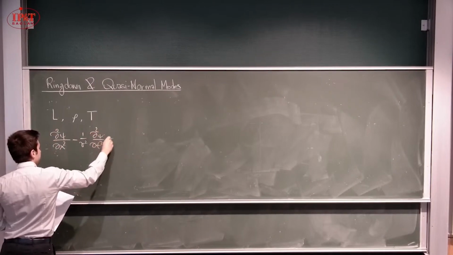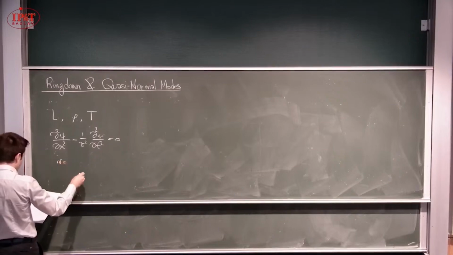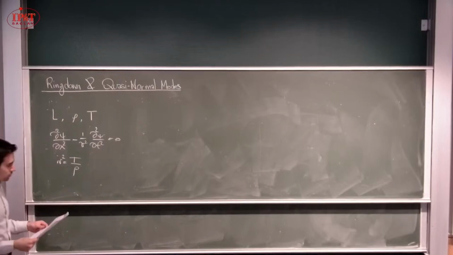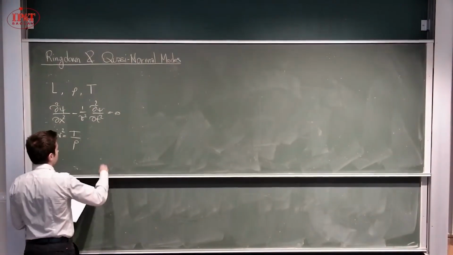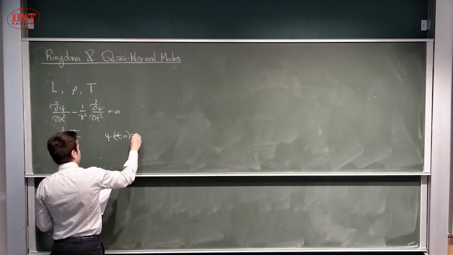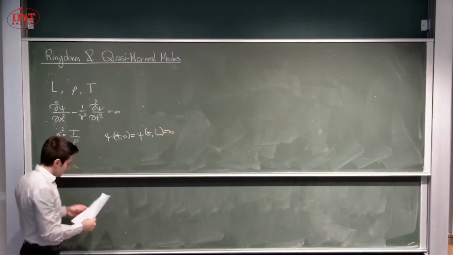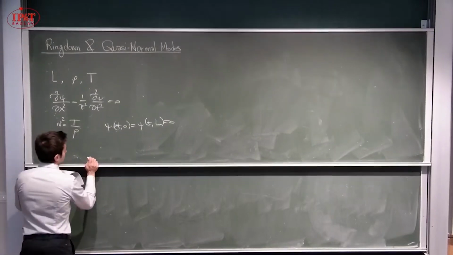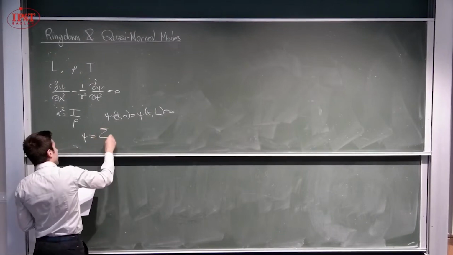And v is the velocity, where v squared is T over rho, and we impose, for instance, the Dirichlet boundary conditions in which psi of 0 and psi of L are equal to 0. And we know that there is a solution in the form of